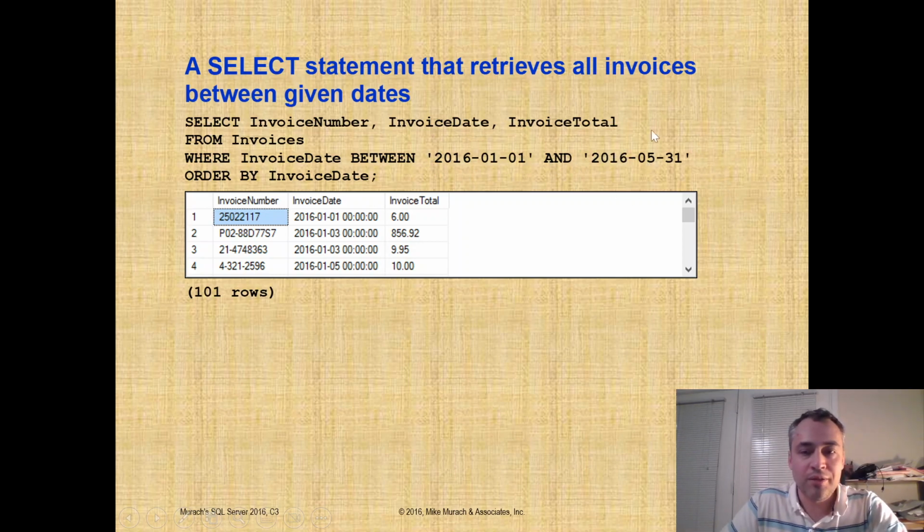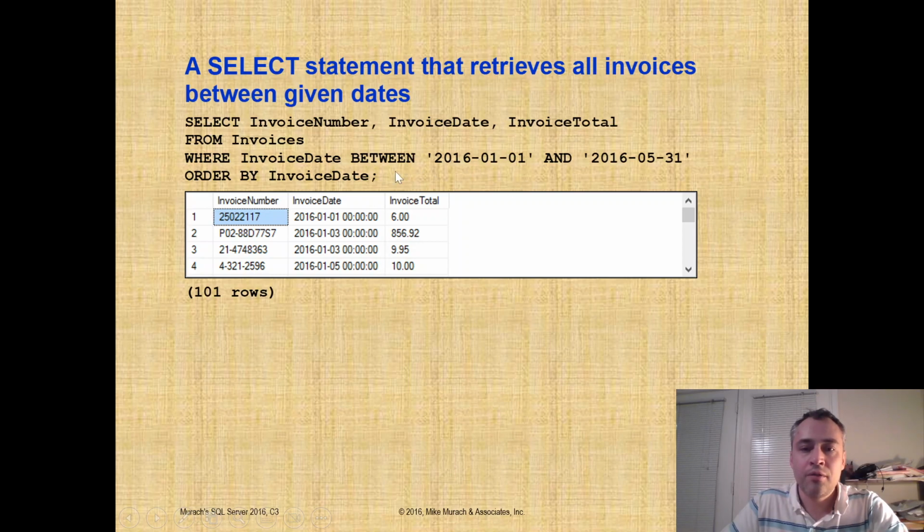If it was just text, just string variables, they would be compared as strings, and that can lead to unwanted behaviors if somebody is careless about the way the dates are stored, or converts carelessly. So we choose 3 columns from invoices: number, date, and invoice total, where invoice date is